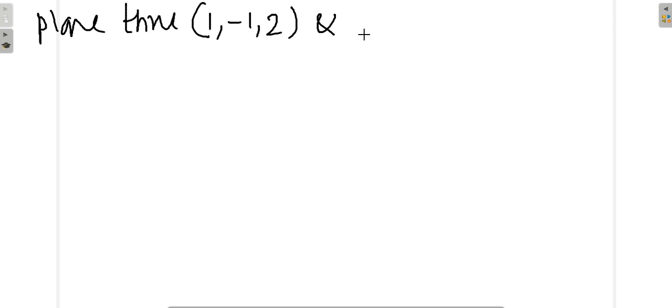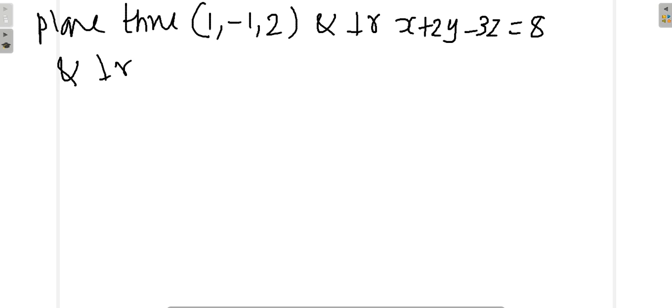Find the equation of the plane which is passing through the point (1, -1, 2) and is perpendicular to both the planes, and also perpendicular to another plane. Again we will use the approach of